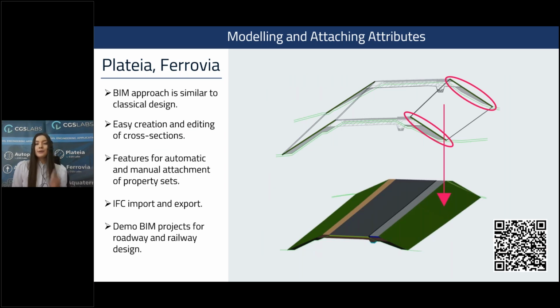Okay, and after we have defined all these key elements and also selected the software, we can start modeling. So today we will look at how this works in our software solution. The process of creating a 3D or BIM model is the same whether we use Platea or Ferrovia. The biggest advantage of those two programs for BIM projects is that the BIM approach is very similar to classical design. Just like when we create 2D documentation, we first draw alignment, profile, calculate superelevations, and draw cross